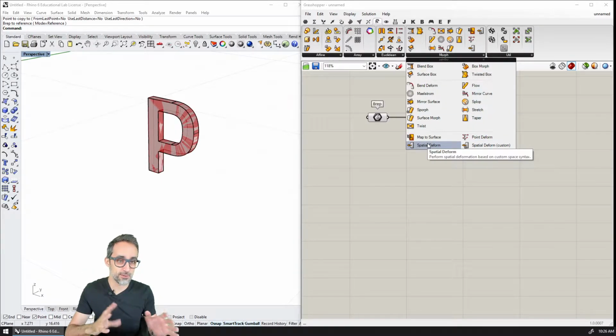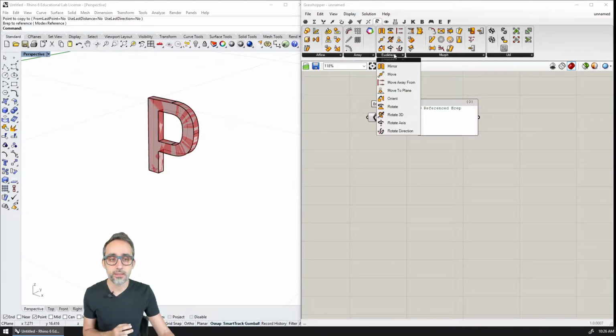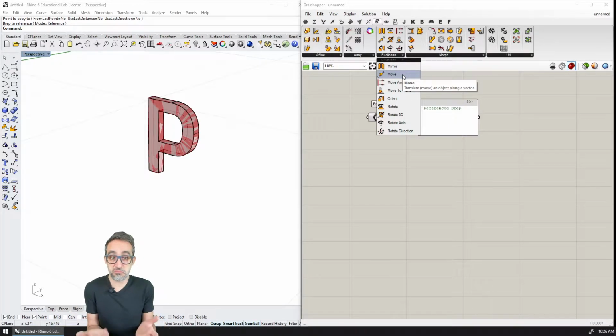These are a bit more esoteric, and they relate to the nurbs nature of a lot of the geometry that is found in Rhino. But they're a little more complex. I don't think we're going to see any of this here in this introductory series. So I'm going to go to Euclidean, and I'm going to start working with the simplest one, which is going